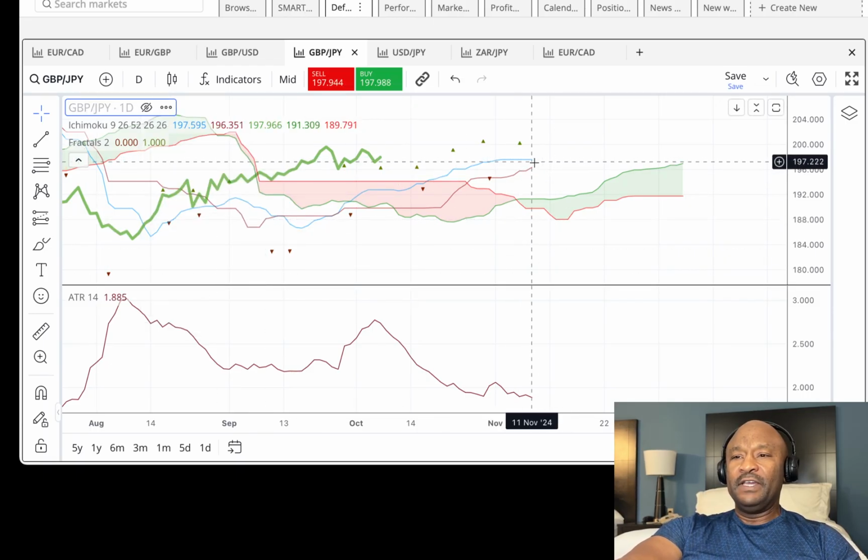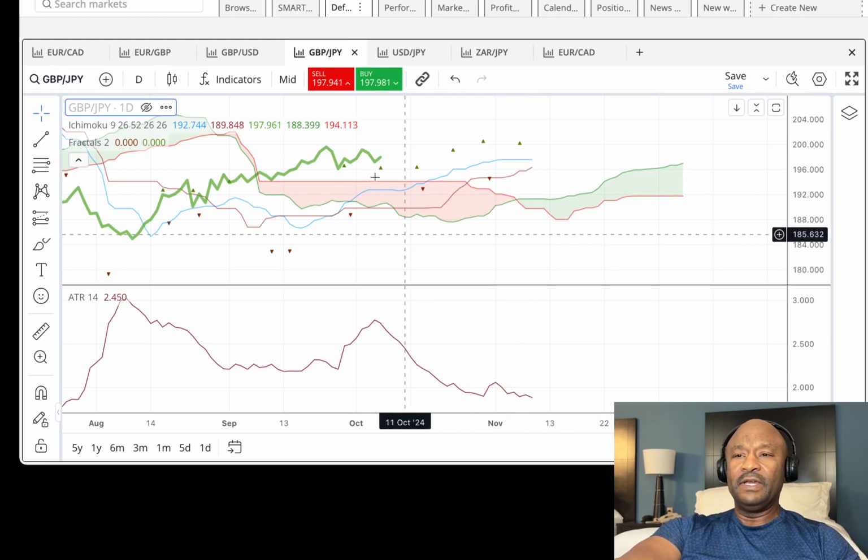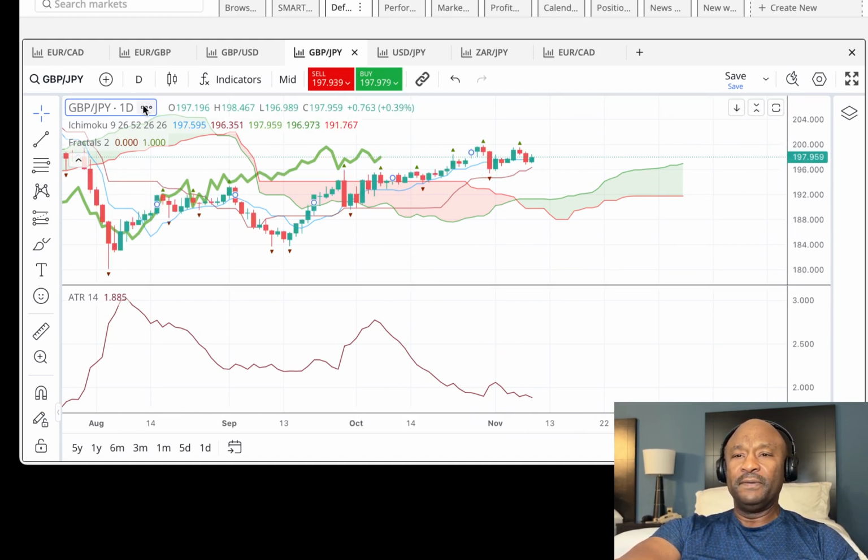Move the price action, yes, it's kind of flat, but more than likely it's going to continue to go up. Okay, you got your lagging span pointing upward, so this is good to trade as well. All right, finally,